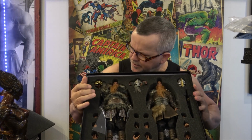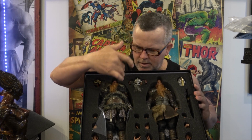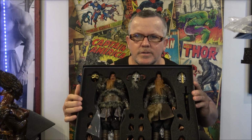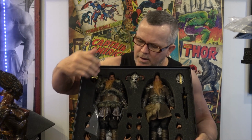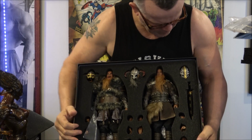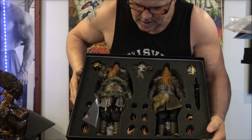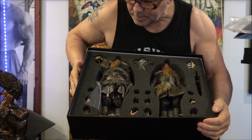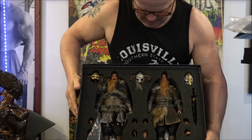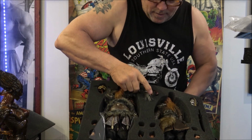So what you have here: metal helmets, kitted out Vikings, if you want to call it that, with everything already on them. In the extra sets of hands, over to the left here you've got a metal sword with a metal sheath. Plenty of hands, plenty of action hands, and then when you remove the top layer,